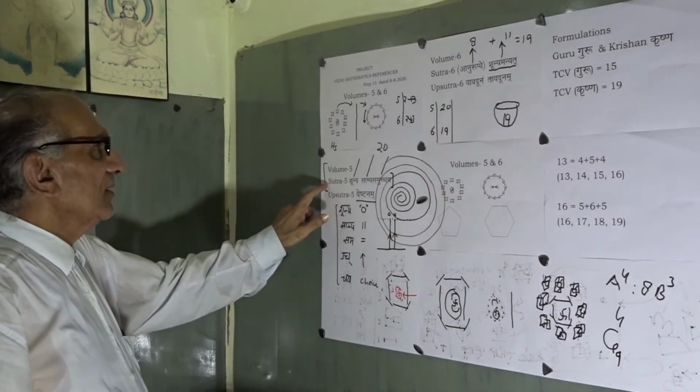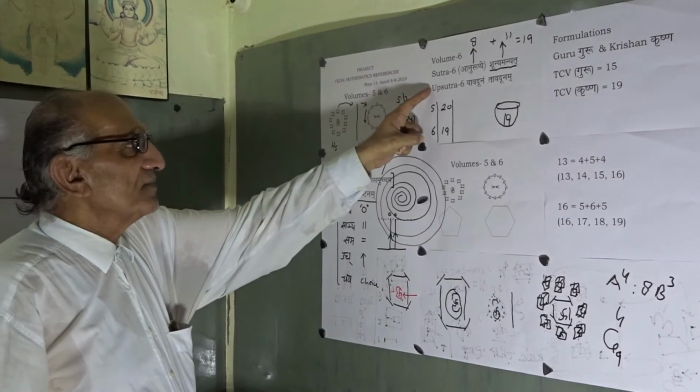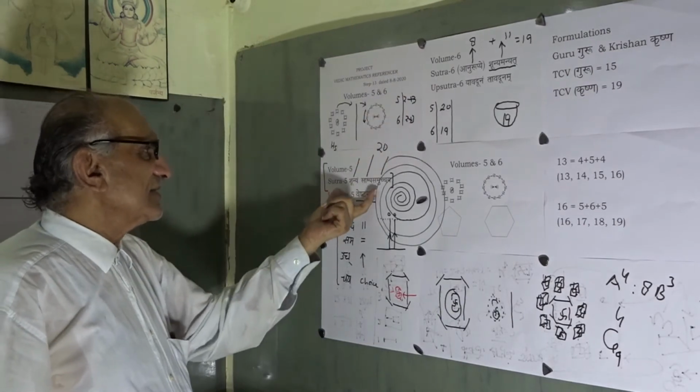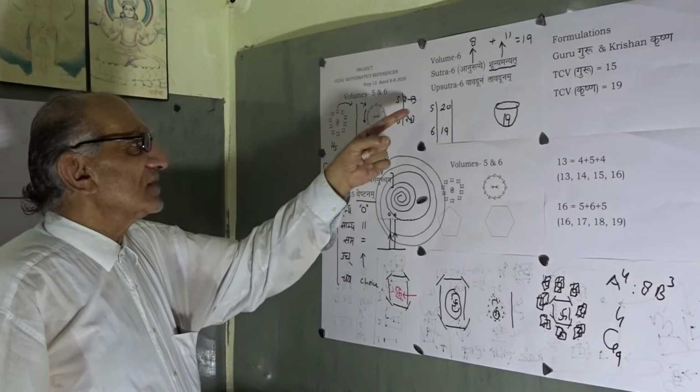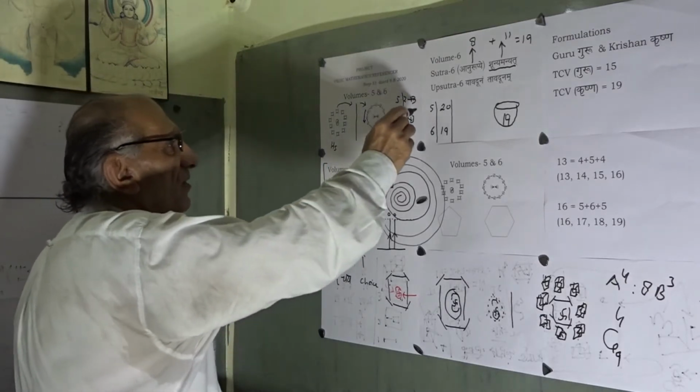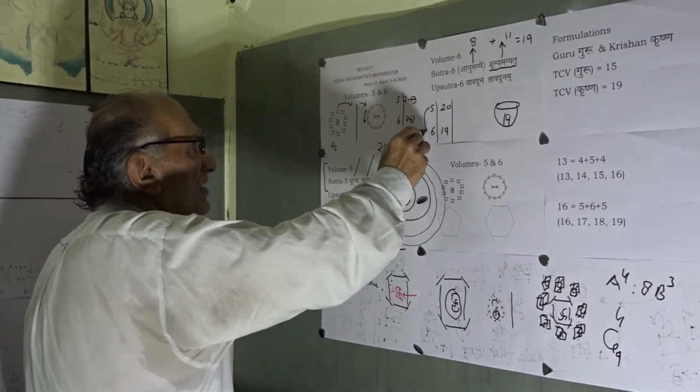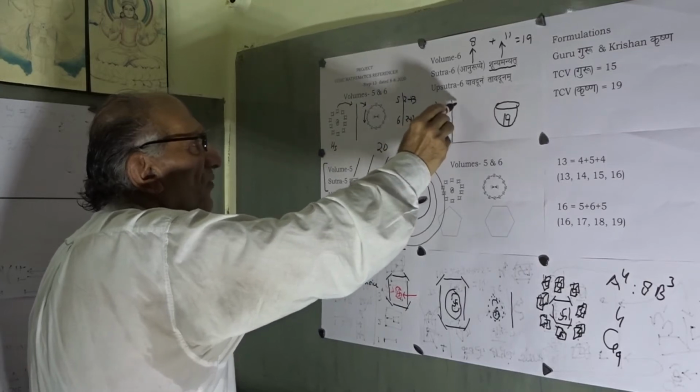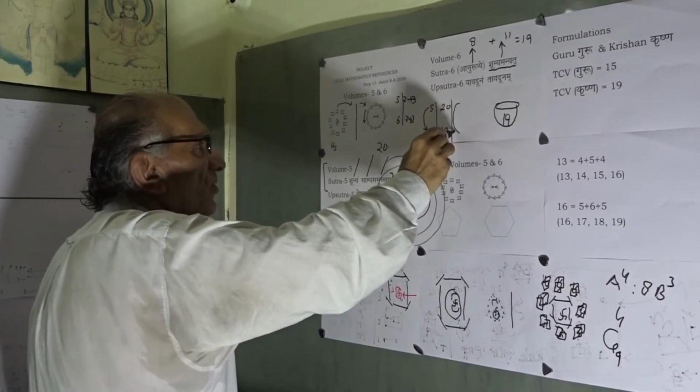Volume 5 and volume 6 will have distinctive features, firstly in terms of value 5 and value 6, secondly in terms of value 20 and value 19